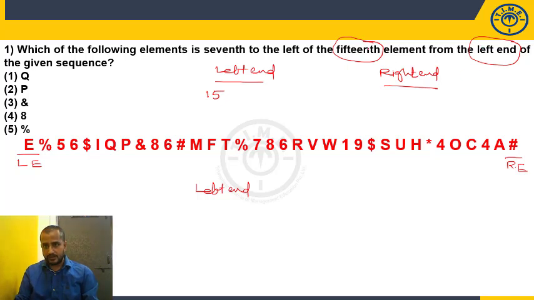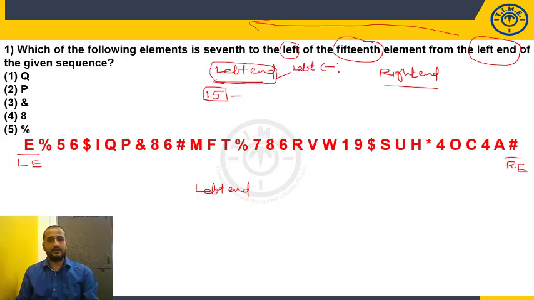With respect to this left hand, you have to find the 15th element from the left hand. Take this one as it is, without using any signs, addition or subtraction. Here we are going to do addition, subtraction. When the question is based on the left hand, in this given sequence, wherever you find the left, you have to go in the reverse order only. Wherever you find the left, use the minus. So in the left hand, wherever you see the left, use the minus symbol. Obviously for the right, we are going to use plus.